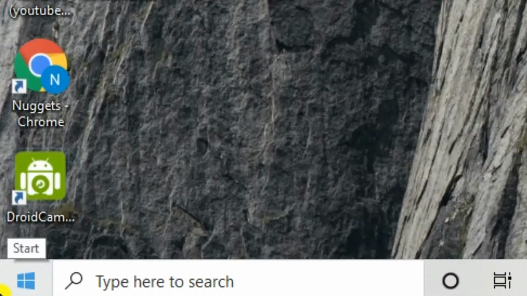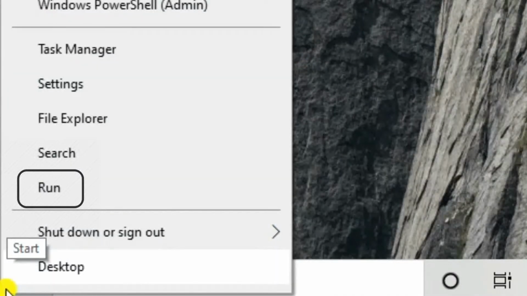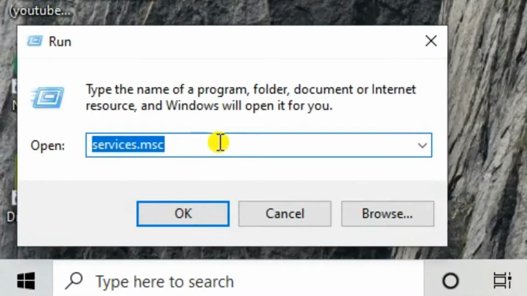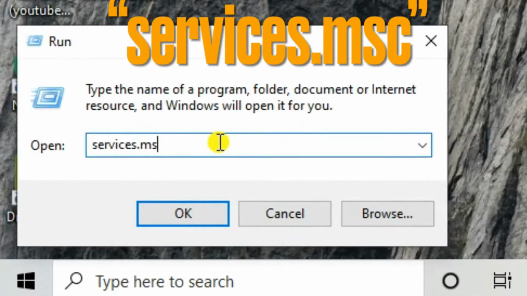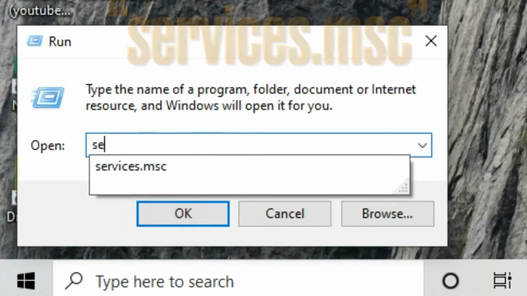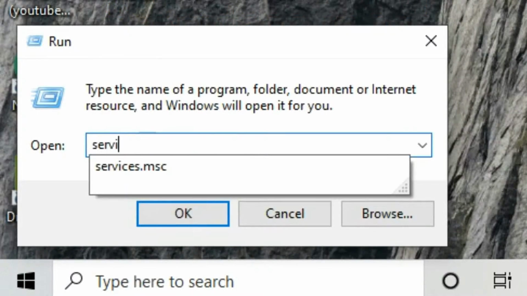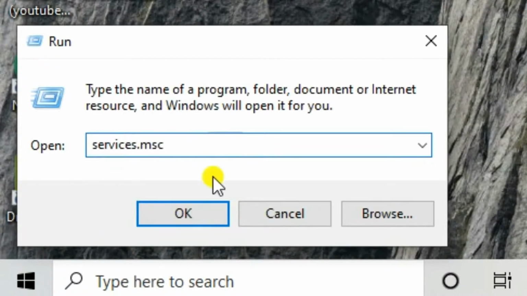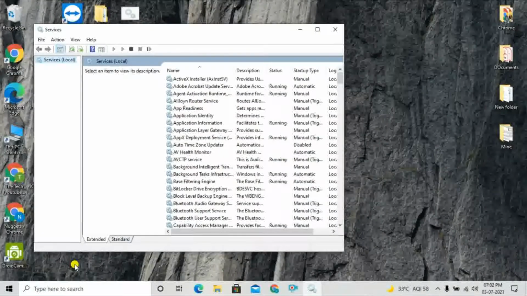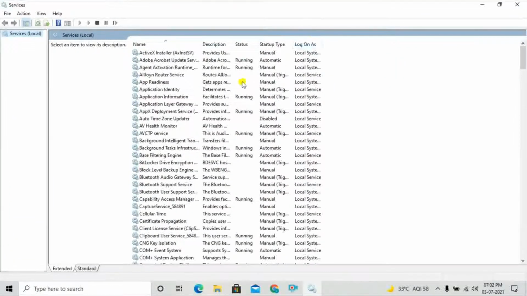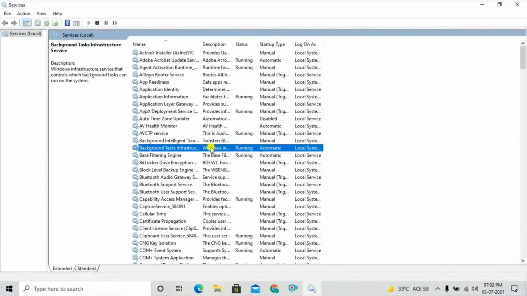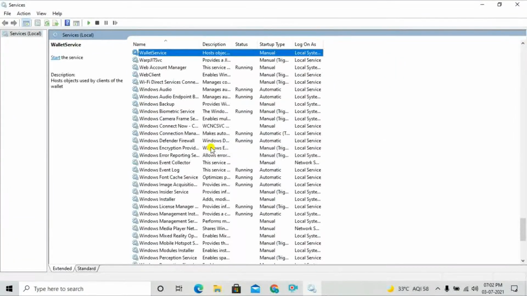Right click Start and click Run. In the box, type services.msc and click OK. In the pop-up window, search for Windows Update.